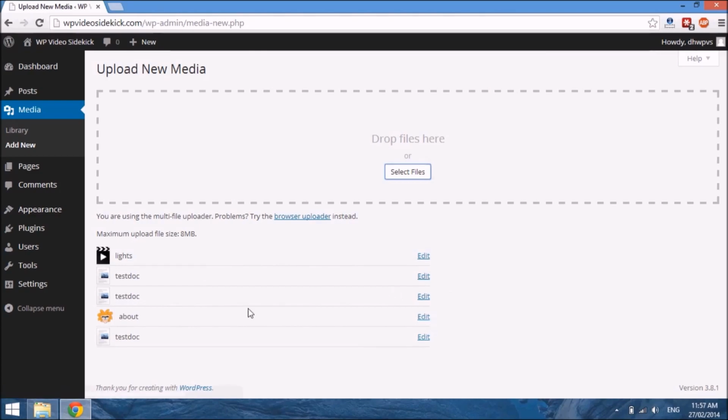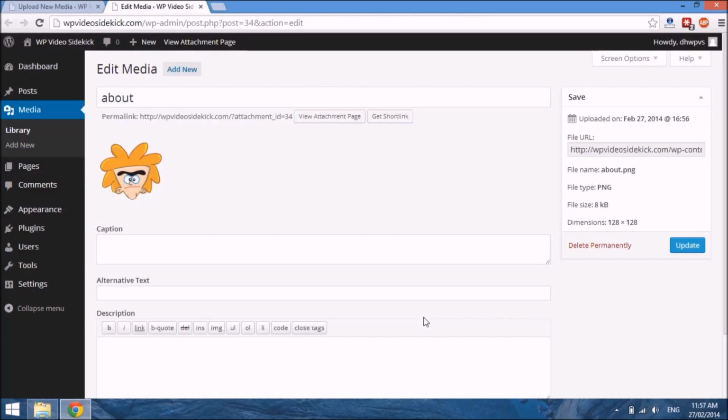Now, let's start with the image. Now, if you select Edit, it takes you to another screen, and you can see our image. Now, I plan to use this image for our About Me page, and there are a couple of things that we need to take note of here. One of the things that happens when you upload the media to your media library is that an attachment page will be created. So if you click View Attachment Page,